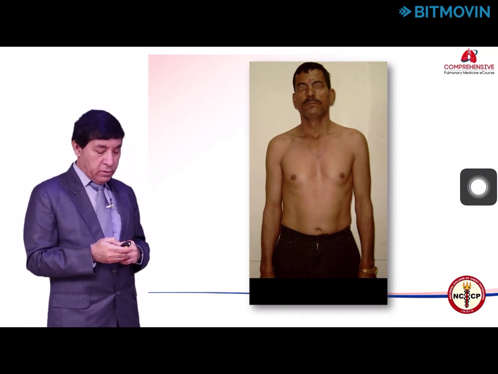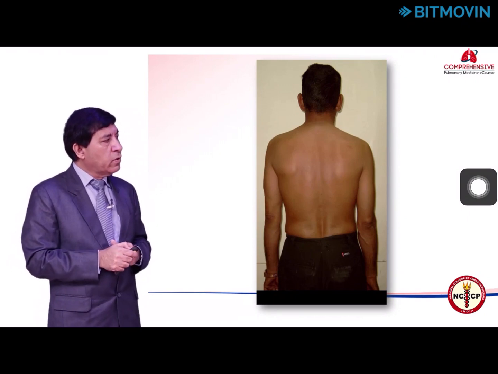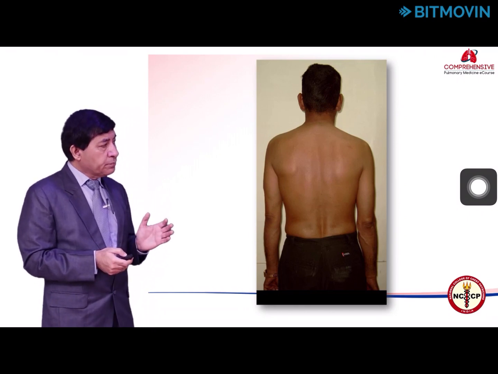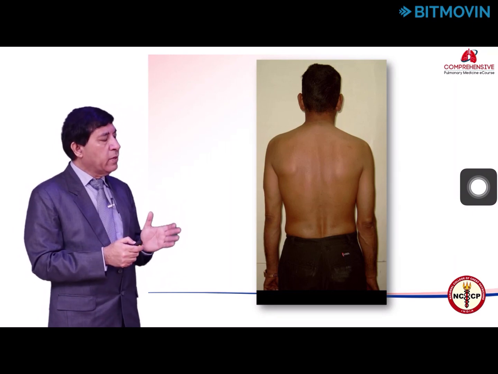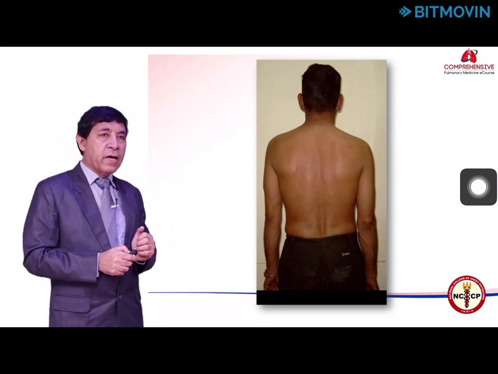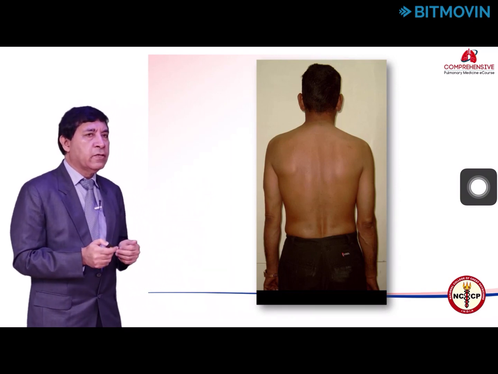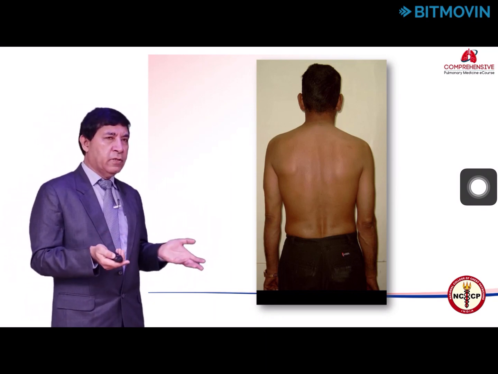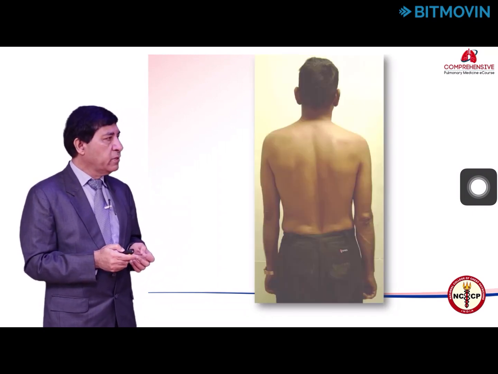And if you examine this patient posteriorly, then again you will see that the right shoulder is lower than the left shoulder, the right axillary fold is lower, and the right arm is more in contact with the chest wall than the left arm, and there is a prominence of the scapula. So all these features tell you that this patient has a small hemithorax on the right side, and most likely this patient has either a collapse of one of the lobes or a fibrocavity disease here.